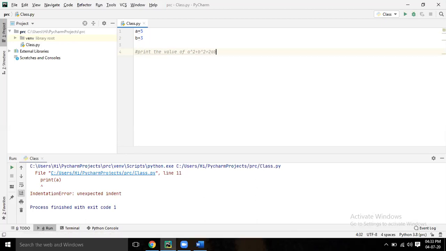Now print and show me the value of this output. So you should show me the value of a square plus b square plus 2ab is this. Okay, like that.